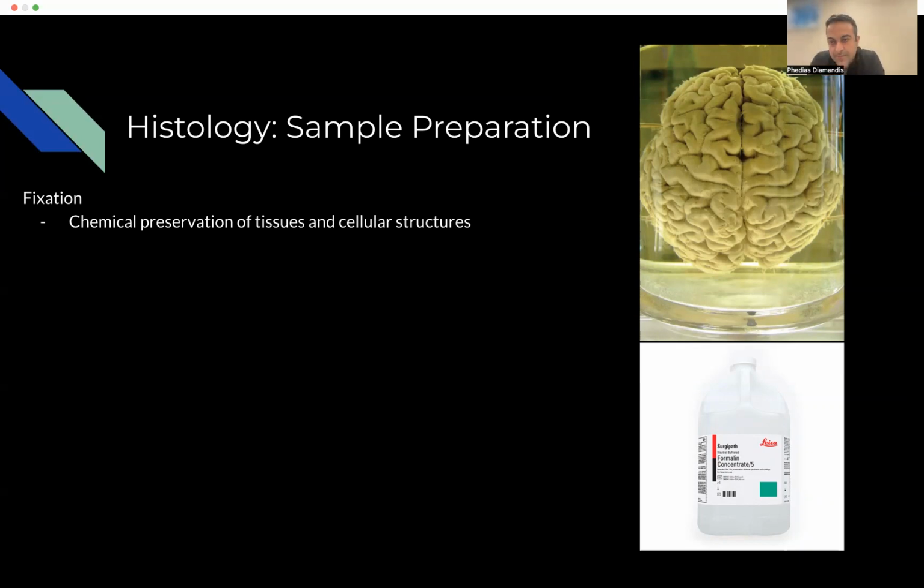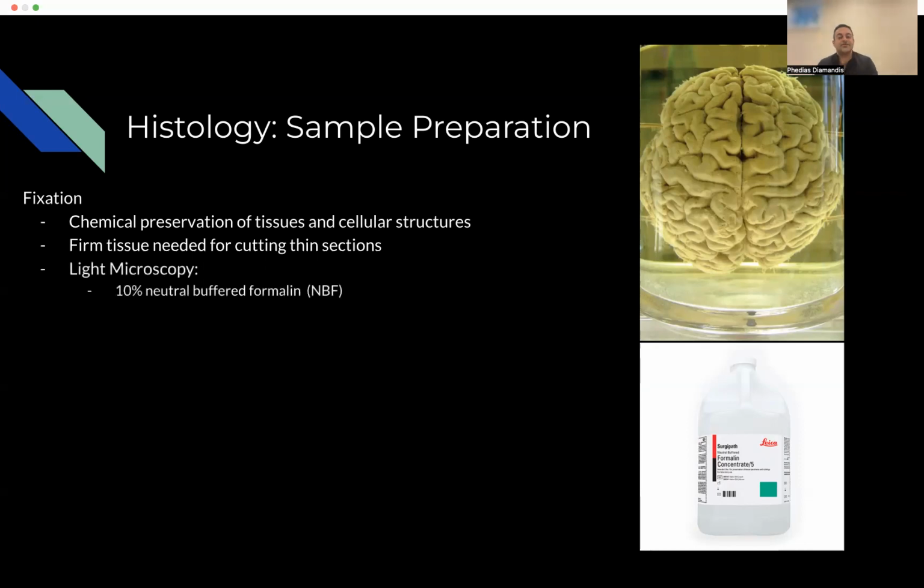And to do that, the process is called fixation. Fixation serves two purposes. It helps fix the tissue to preserve it, but it also makes the tissue more firm, which is needed for sectioning into thin sections that allow light to pass through so we can see it under a light microscope. So for light microscopy, we fix it with formalin, 10% neutral buffered formalin, which is 4% formaldehyde. The key here is the percent is low. So what's the other percent? It's mostly water,